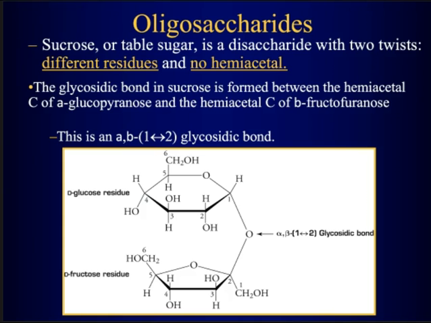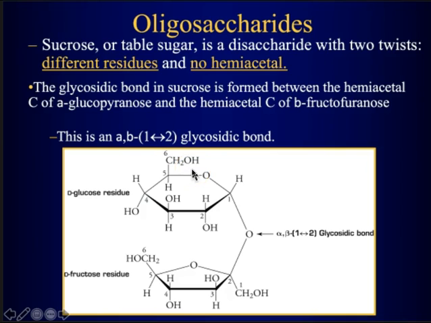Alright, so let's look at a more interesting example of this glycosidic bond. So we've actually got sucrose here. Table sugar. This is what you go to your pantry and you eat. So you go to the store and you buy sugar. It's sucrose. So what is sucrose? Sucrose is a 2-residue